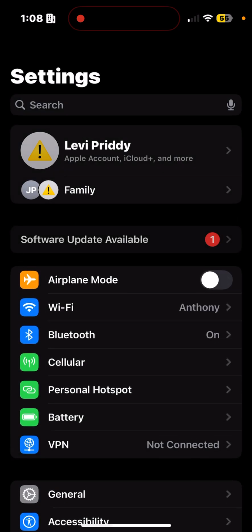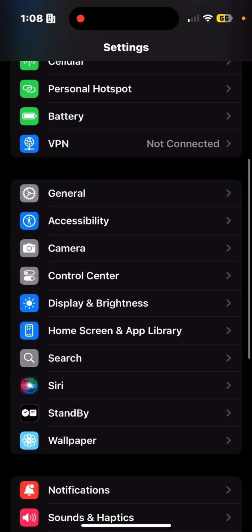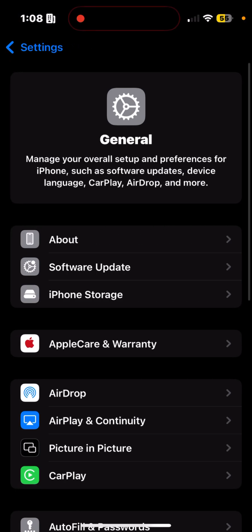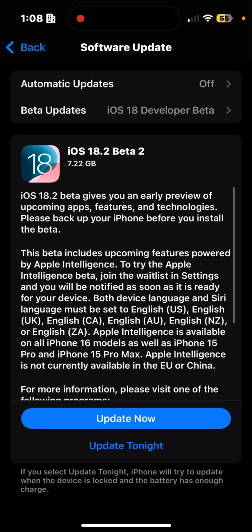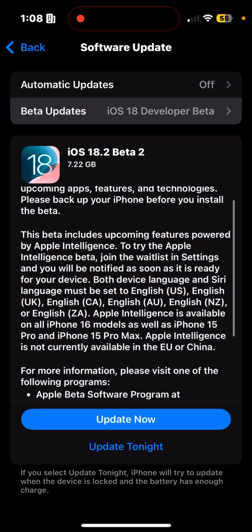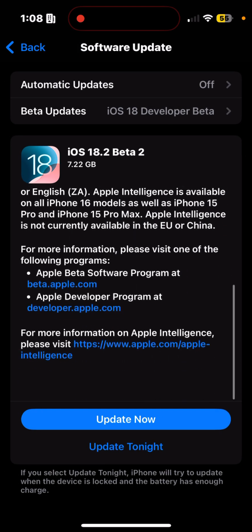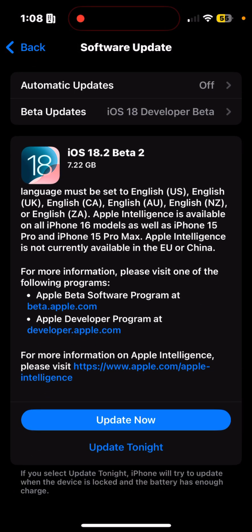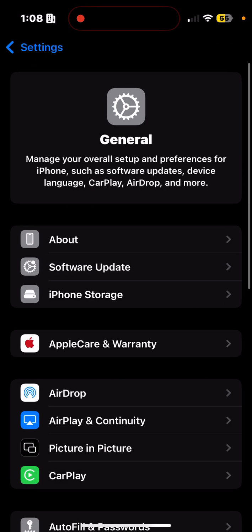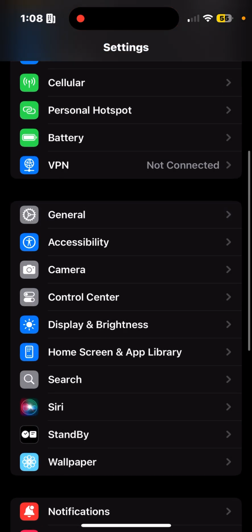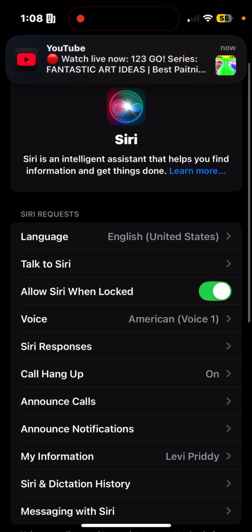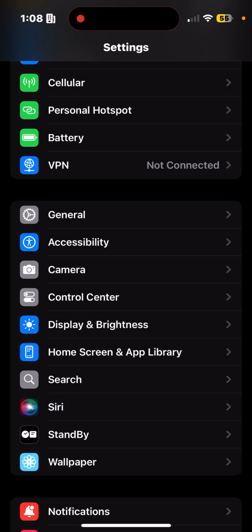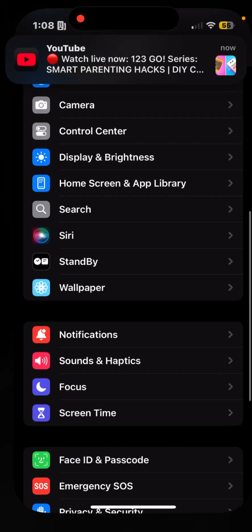Here's the beta right here. And here's the beta I have my iPhone updated to. It is updated to iOS 18.1. And I'm doing this on an iPhone 15. As you can see, we do not get the Apple Intelligence at all. But another feature is,